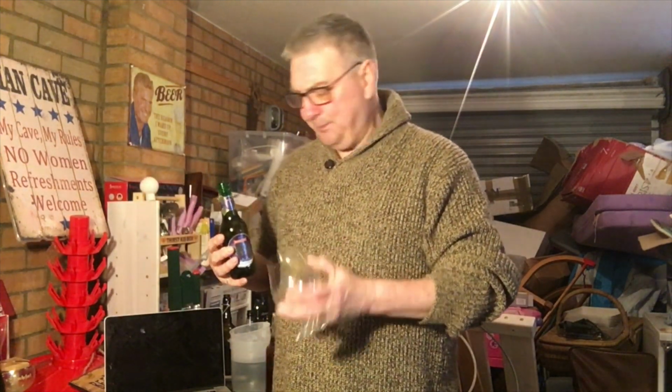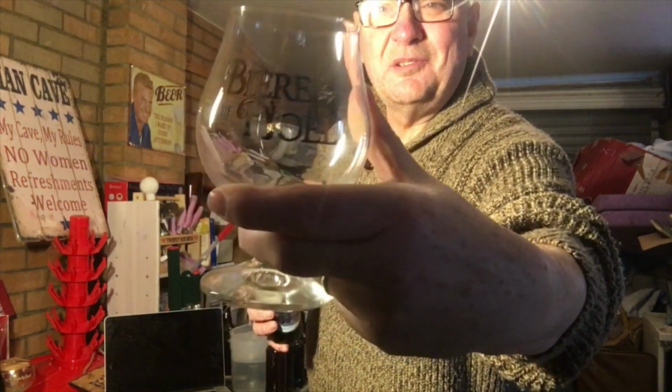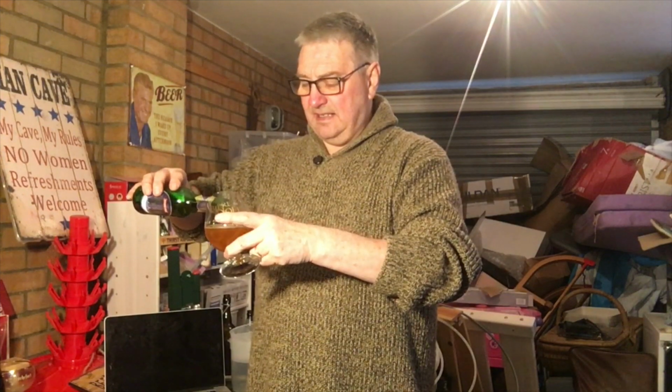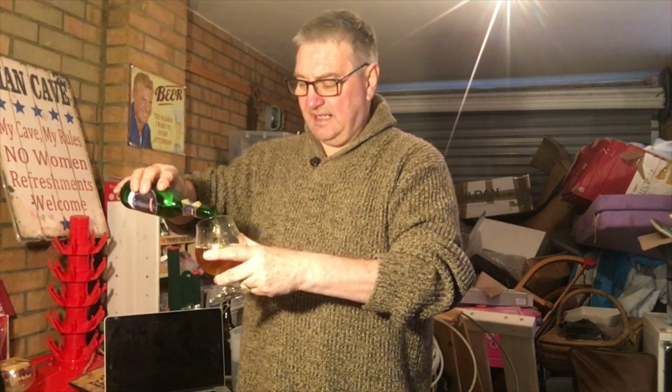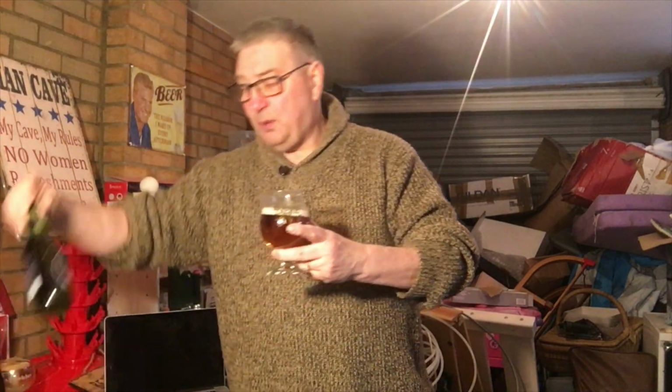This is a Brasserie en Alsace. I think it was on special offer at Lidl the other day. Nice little glass, bière de Noël. Let's give it a go. 25 centilitres. There's a fiver for 2 bottles of that,